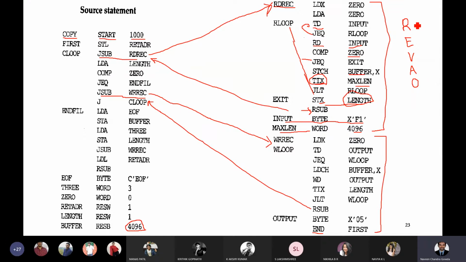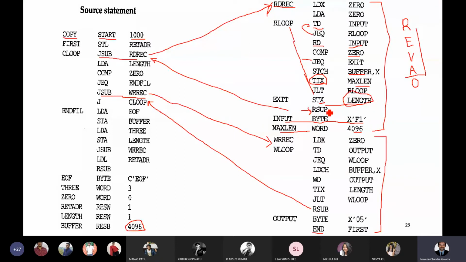So my dear students, when you keep on reading the data from the input device, you keep on checking whether it is 0 data or not. When you come across 0 data, you will never continue the reading process. You'll stop it, and however many characters you read, you put into the buffer. And that maximum number of characters you read is nothing else than the length, because every time you increment the value of x, and x itself will give the length which you are putting into the variable length, right?